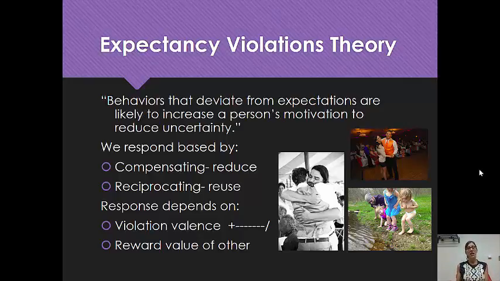The other thing that can happen is that we reciprocate. So if you go in for a kiss and the person's kind of like, okay, and they kiss you back, they're reciprocating. They're showing you that that behavior is more positive and not negative. They're also showing you that there's a reward value because they're reciprocating. They're sort of reusing the behavior and they're marrying the two together. And that shows you that they want that. If they push away, it's showing that they don't see a reward value for you and that the behavior is perceived as negative. So take these three examples down here that I've got for you.